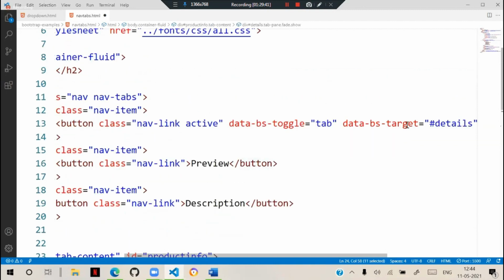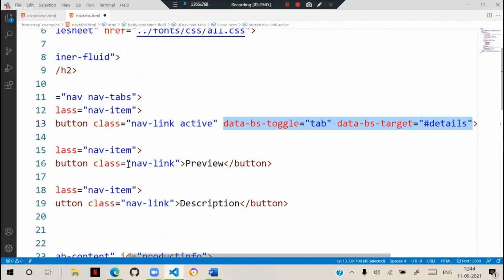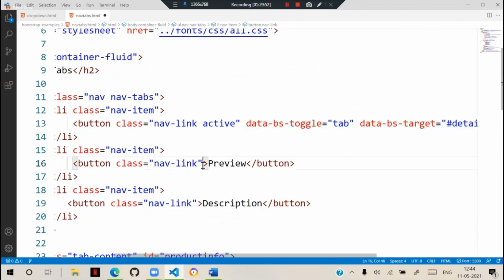So let's copy that for the second button. In the second button, we need to define this also to toggle the tab, and the target should be the preview panel, preview.